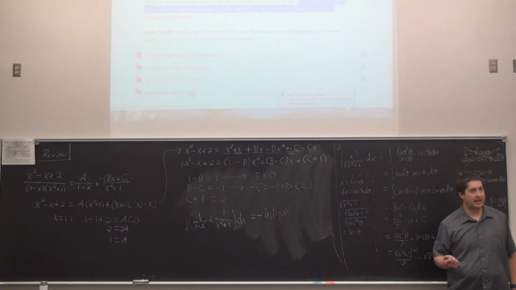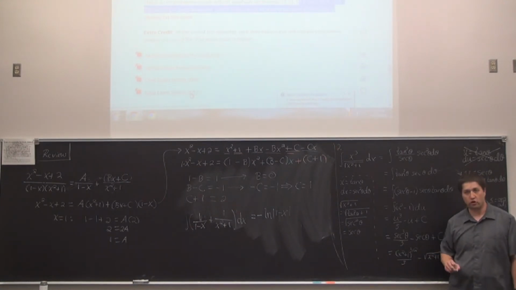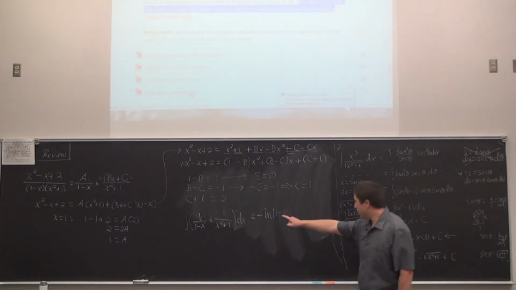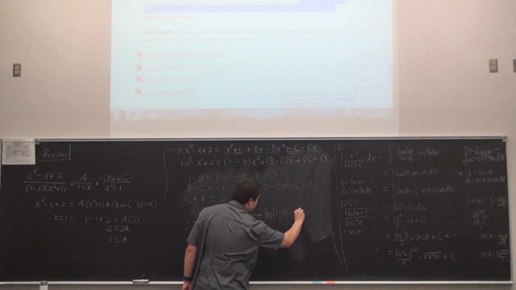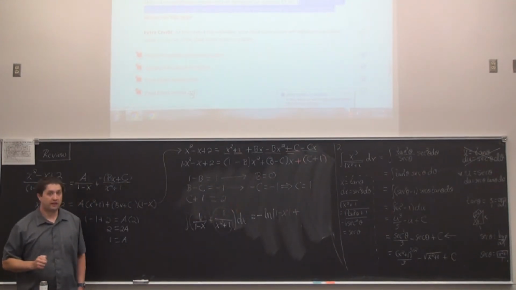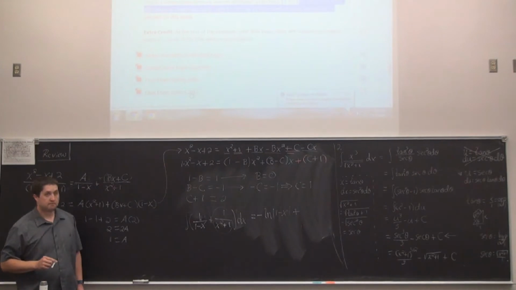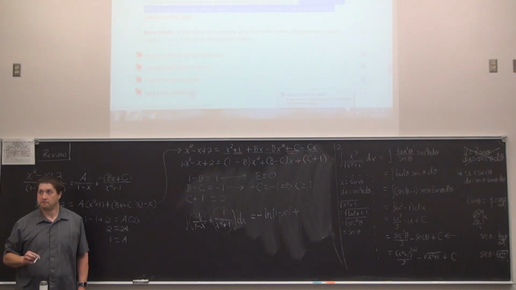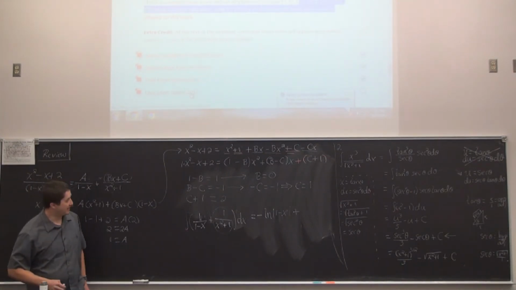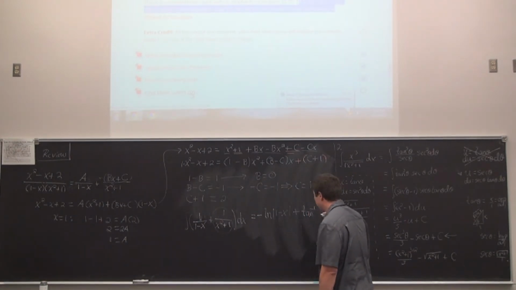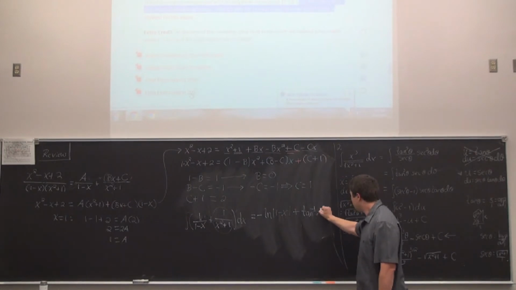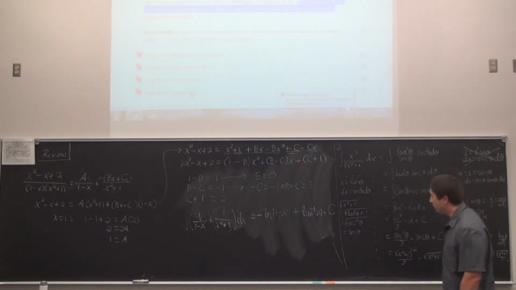Okay, if it had been, say, a 1 plus x, then there would have been no correction, because the derivative of 1 plus x is 1, so no adjustments with the chain rule. Now we find the antiderivative of this one. Anyone recall what that antiderivative would be? That was an arctangent, right. So this is plus arctangent, or tangent inverse if you prefer, of x. Then the constant of integration finishes off that problem, finally.